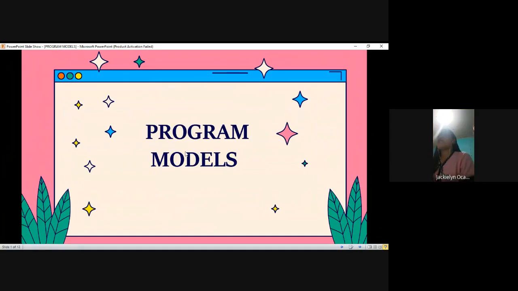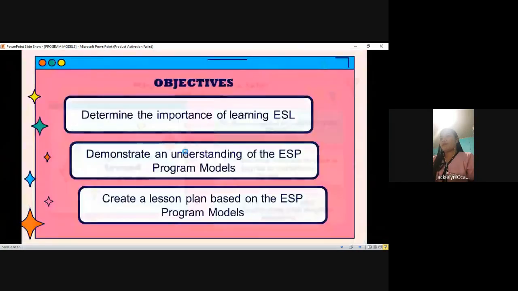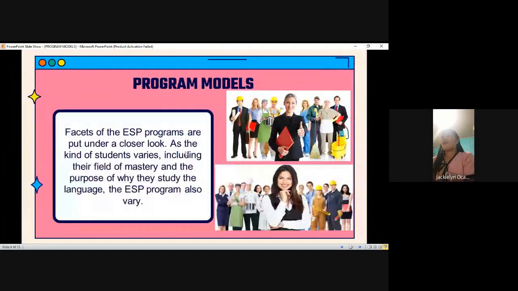The topic for today is about program models. Program models of vocational English as a second language is under the EOP, which is English for occupational purposes. Facets of the ESP programs are put under a closer look as the kind of student varies, including their field of mastery and the purpose of why they study the language.